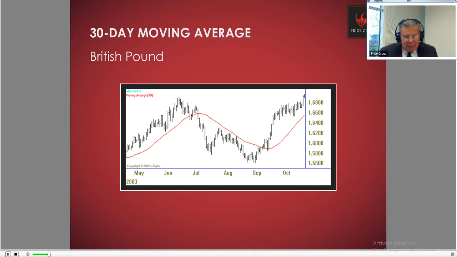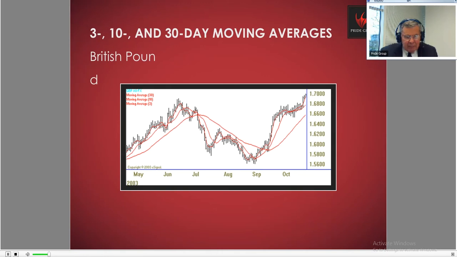You can see when this crosses the 30-day moving average, people would take that as a perfect sell point. And the same way, if you go back down into the end of October, in this case we have the 10-day moving average moving back above the 30-day moving average, that would be a buy point. So if you sold at those points in July, where the 10-day moving average crossed the 30-day moving average, and